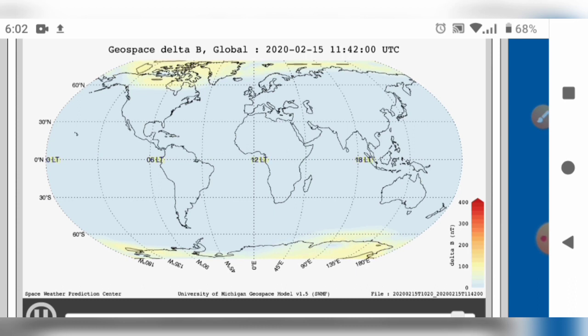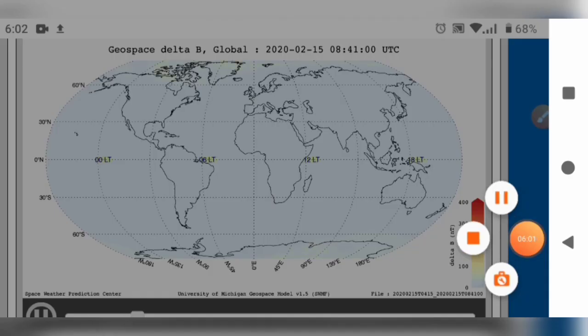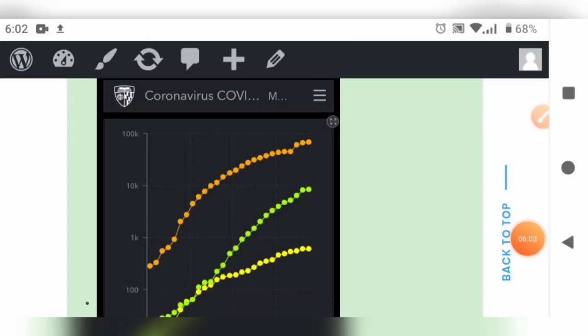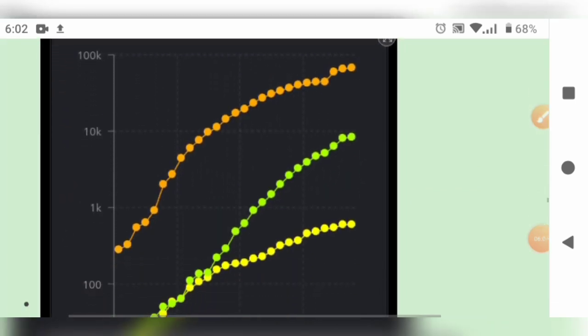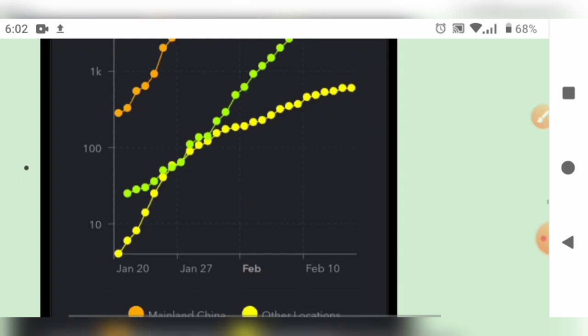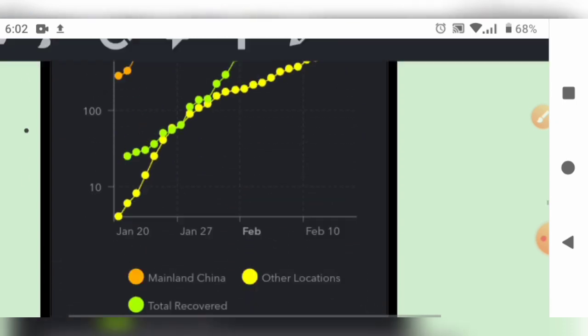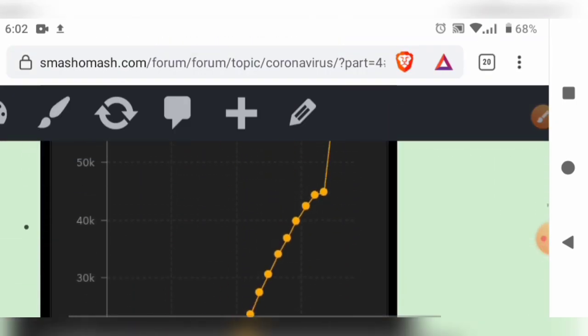And there are the geospace ground magnetic perturbations. 4 hours of them, courtesy University of Michigan. And we cover all kinds of stories on the channel. Here is a quick blurb about human health. There's the logarithmic graph on coronavirus. And we've got a massive repository of information over at